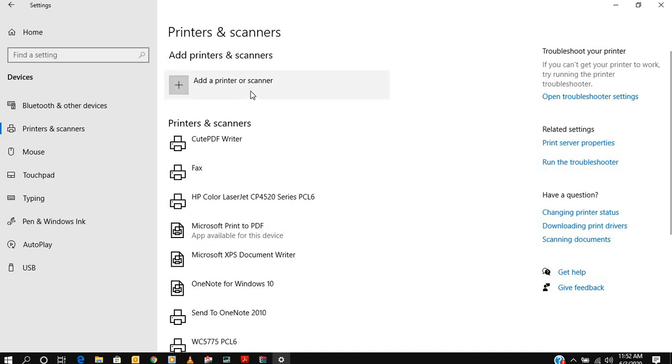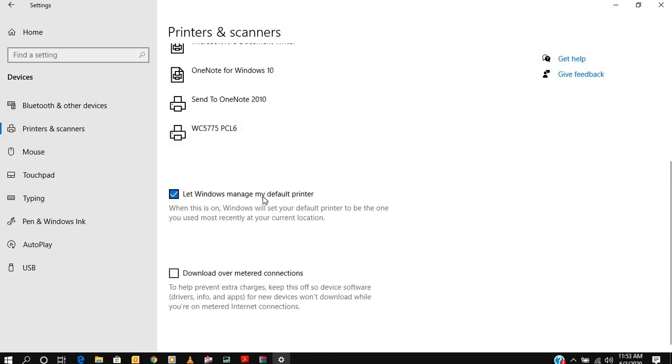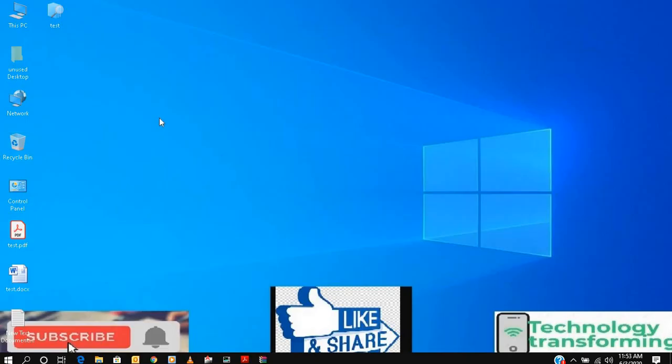If I connect any new printer or scanner to my PC via USB, Bluetooth, or any other mode, it will automatically appear here. Once I click Add, it will ask whether to take the automatic driver or use a CD or USB. I already have the printer installed in my PC, friends. So this is how we install the printer.